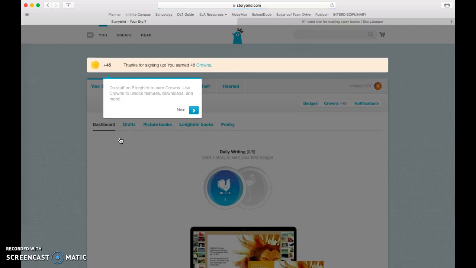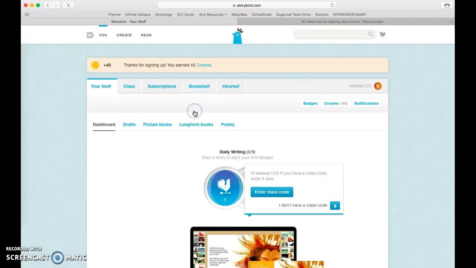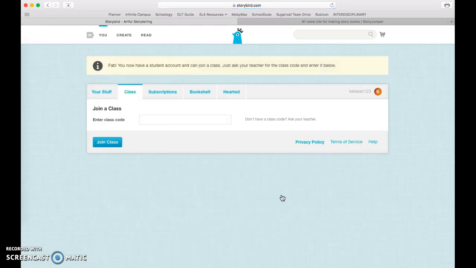When this screen pops up, I want you to click next. See that little blue arrow? Click that. And then you're going to see another little window pop up right down here. And I want you to go ahead and click enter class code. So once you see this screen and you see join a class, enter class code,